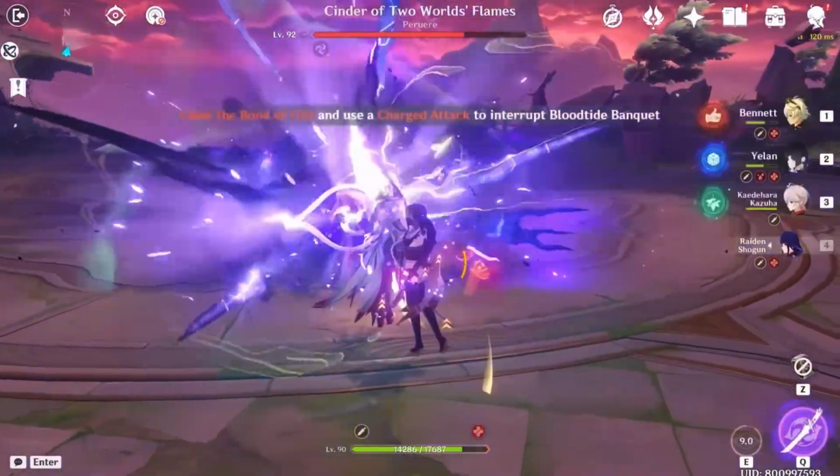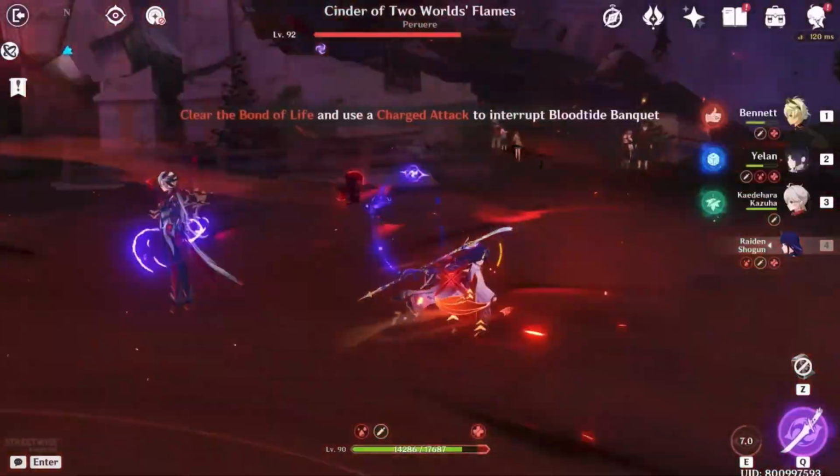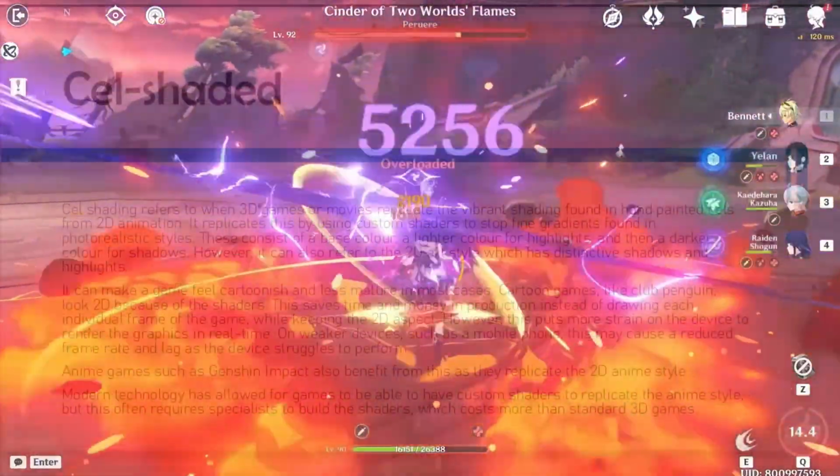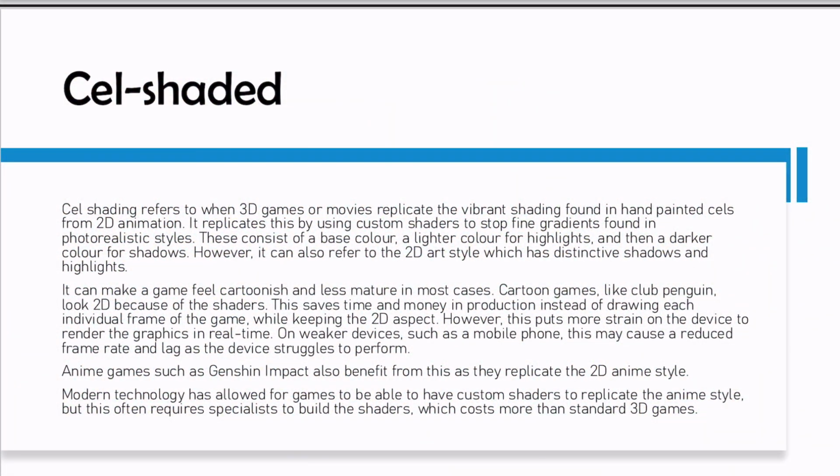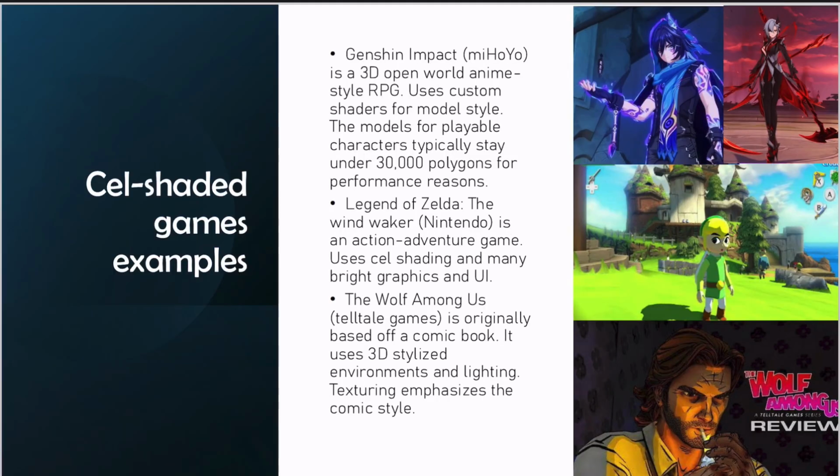While reducing the pressure and workload on animators, the device is strained to render the shaders in real time. This leads to the style's full potential being limited to higher performing devices. Examples utilising this style include Genshin Impact by MiHoYo, Legend of Zelda by Nintendo, and The Wolf Among Us by